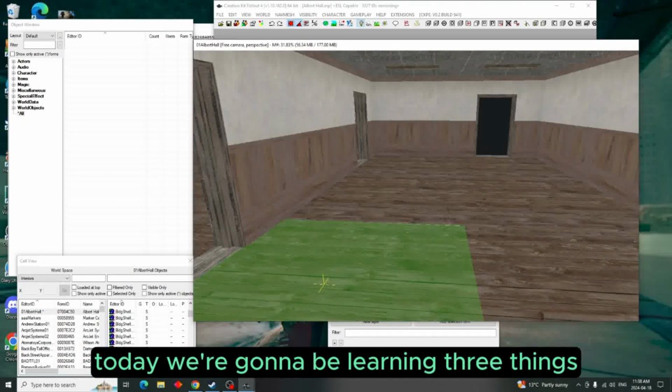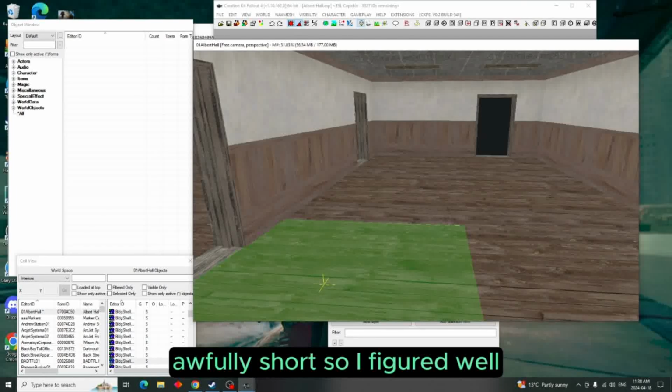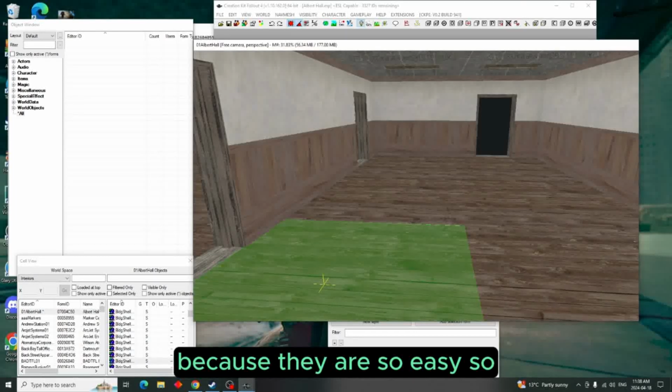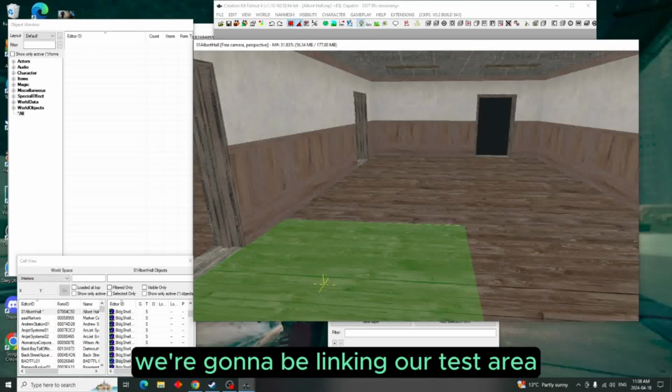Today we're going to be learning three things. Because if I did these in three individual videos, they'd be awfully short. So I figured, well, I'll combine these three into one video because they are so easy. The first thing that we're going to be doing is linking our test area to